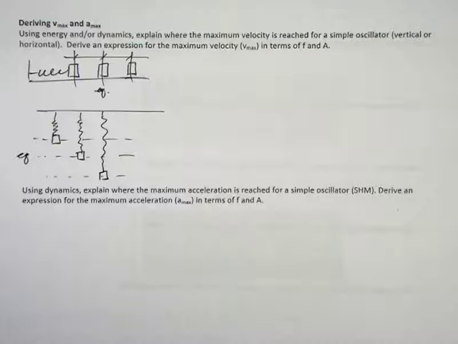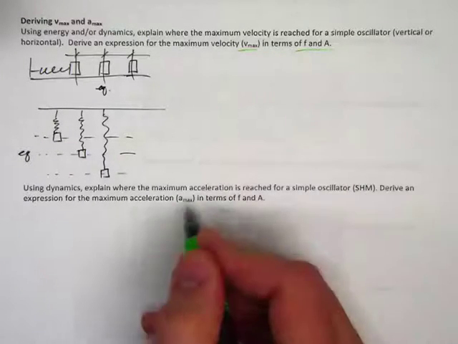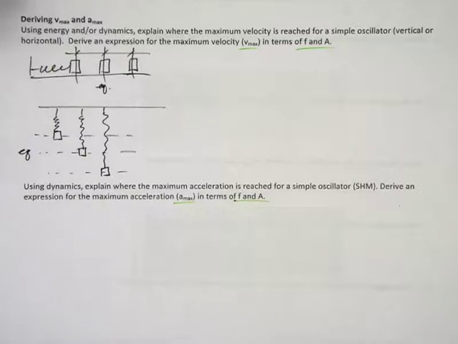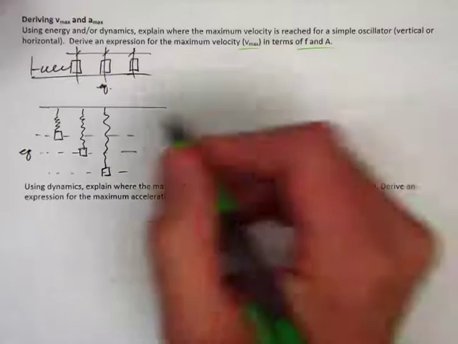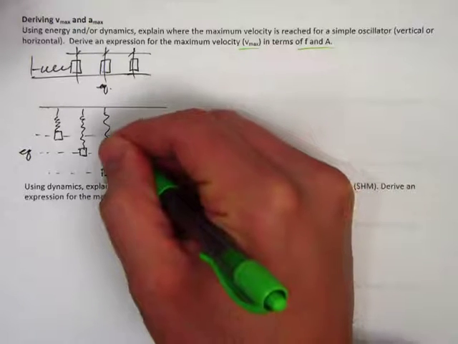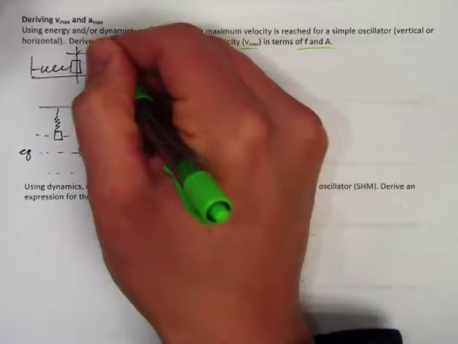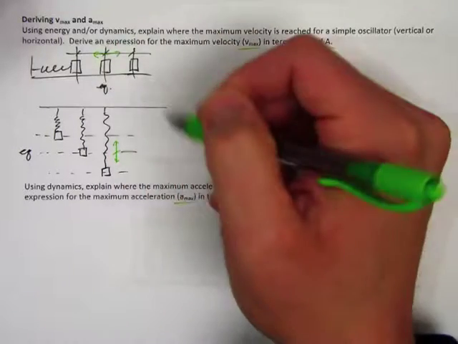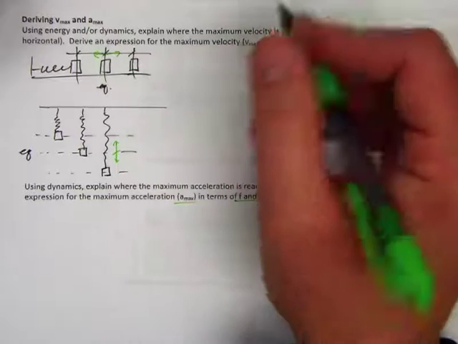All right, in this video we're going to look at how we can derive expressions for the maximum velocity and maximum acceleration for a mass spring oscillator in terms of the frequency and the maximum stretch, the amplitude. So take a horizontal oscillator or a vertical oscillator that oscillates between equilibrium left and right here, up and down here, and remember from the equivalency that these will operate in the same manner,